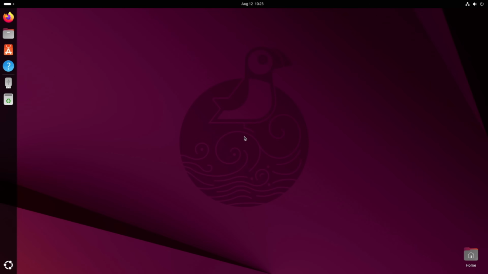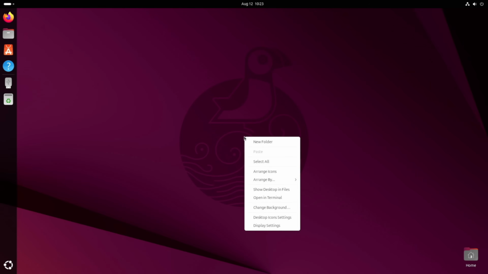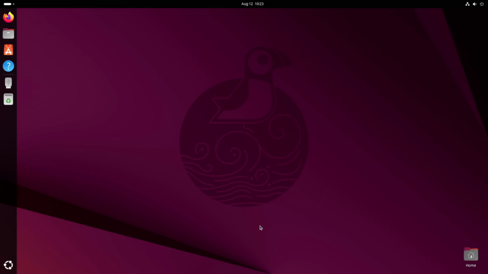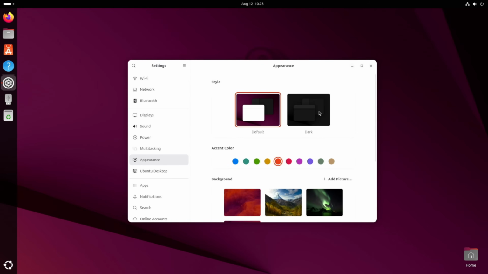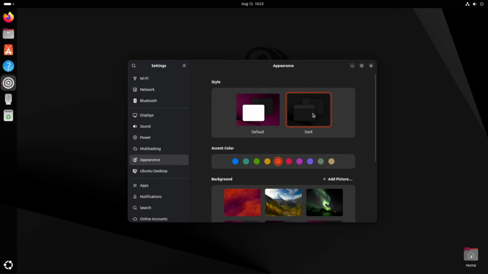Let's check out the usual stops. We're going to right click on the desktop and go to display settings. This is specifically for people using a 4K screen. 200 works on my 4K screens. I'm using 1080p, so we're going to stick to 100. This settings menu has all of our settings. You can see the rest of them in the left-hand column. So as usual, next up for me is dark mode, which is under appearance. So far, things appear to be going well.